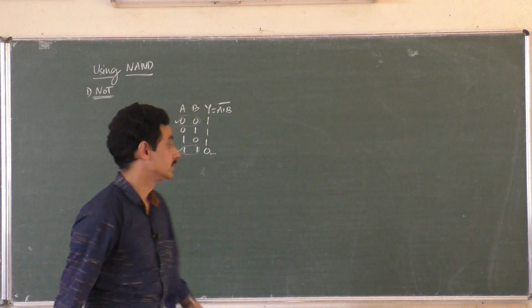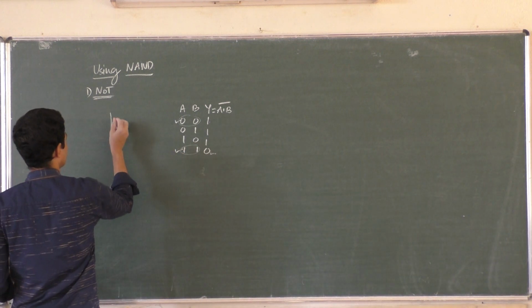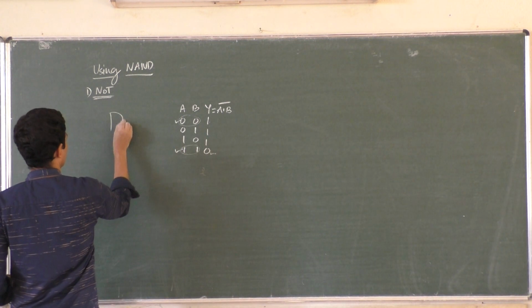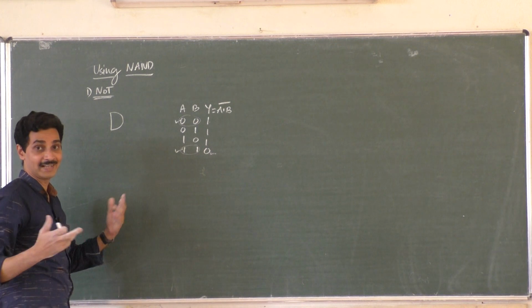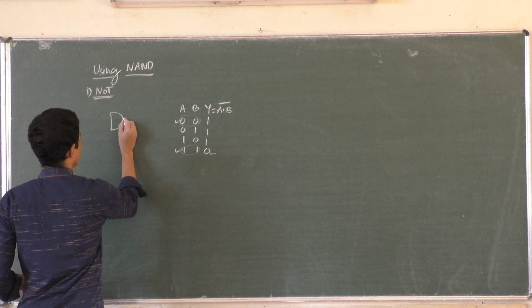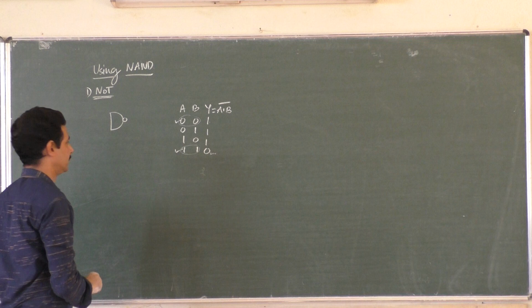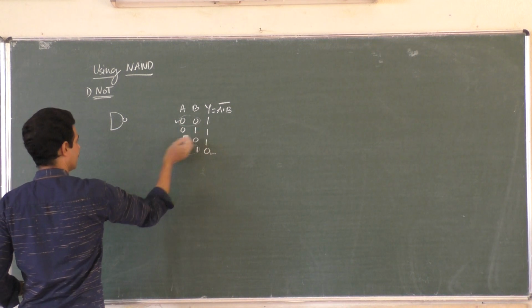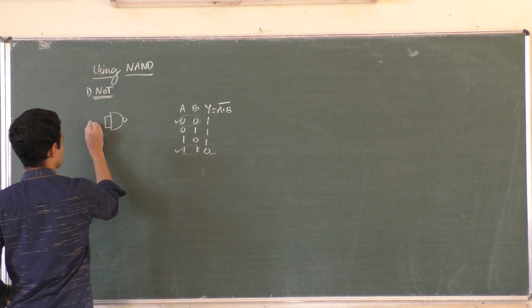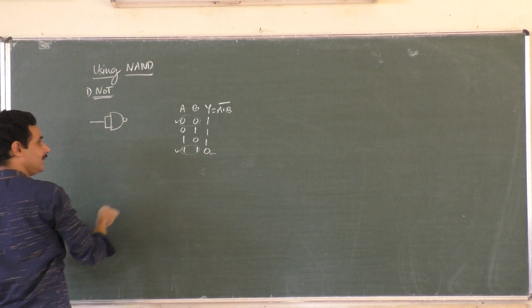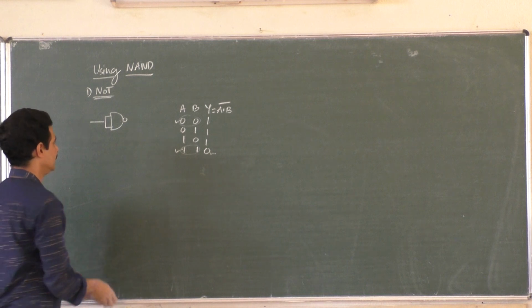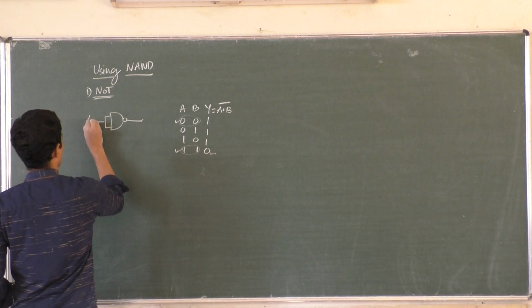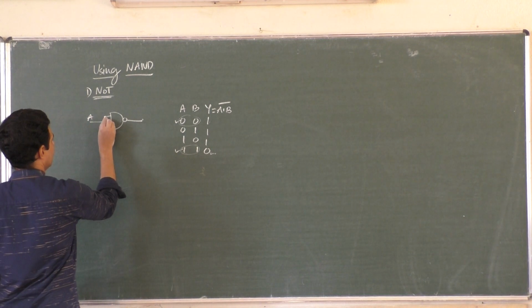A single wire. So if the inputs of a NAND gate, this is a NAND gate, remember? When you pronounce AND, NAND, this is NAND, so there should be a bubble. When the inputs of a NAND gate are the same, the output is opposite, right? It is complemented. So this is what I can do. Tie the inputs of a NAND gate, then the output is a NOT gate. So A. Now both should be A, right?